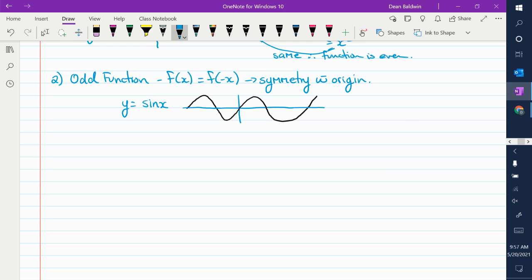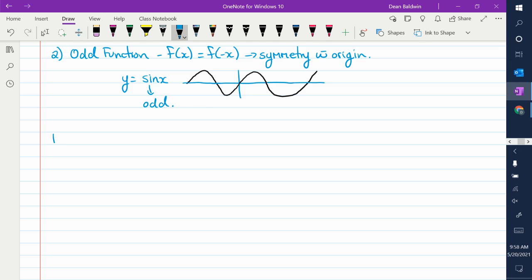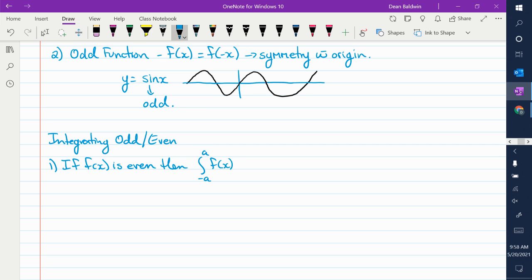Okay. So, odd function, so sine is odd. All right. So there's odd and even functions. So what does this have to do with integration? If you know a function is odd or even, you can save yourself some work. So if f of x is even, then the integral from negative a to a,